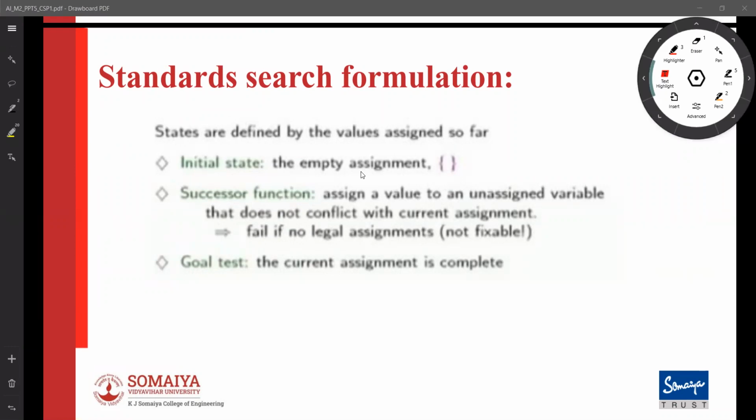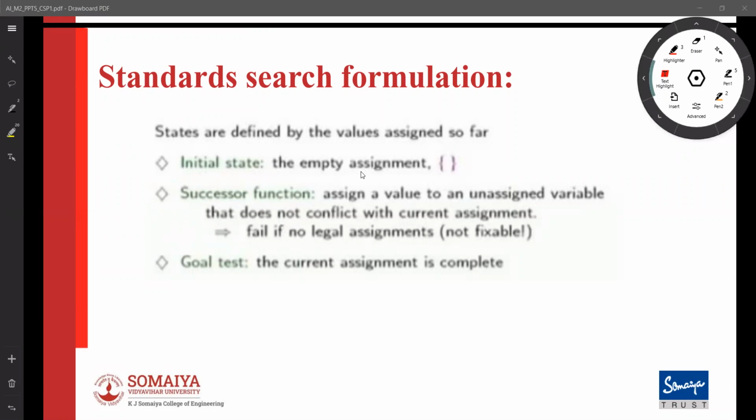I have not assigned any variable. For the successor function, let us say I have already assigned l variables, then what will I do? I will have to assign some other variable.